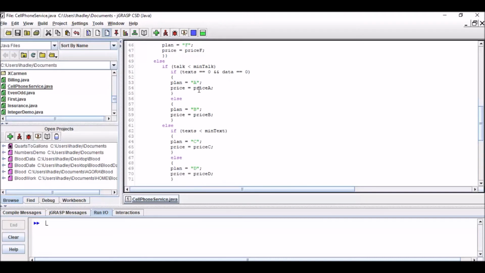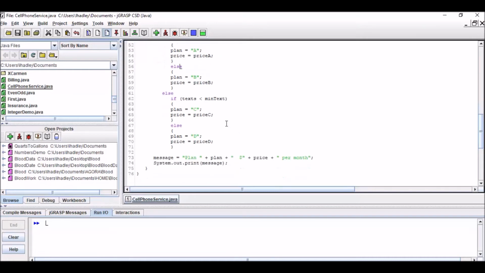It's easy to check if you indent. I hadn't indented those before, so you know this if goes with this else, and this if goes with this else, and this if goes with this else. So that just helps you keep it straight. You know, that doesn't do anything to your computing, but it just makes it easier for you to see. So when I ran my program,